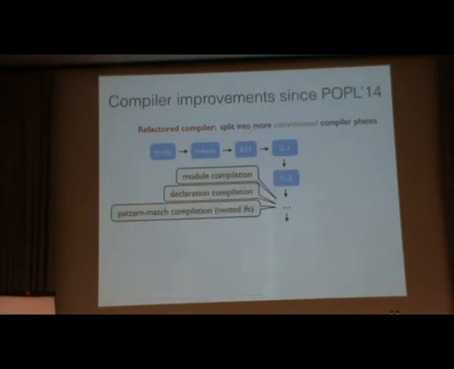So how far have we got? We're working on it, and we have module compilation, declaration compilation, pattern match compilation, and something to do before pattern match compilation with pattern matching. And we have some ideas of how to do special treatment for known calls. Currently, there is no special treatment for known calls, which is very inefficient. If you call a function f on argument 1 and then separately argument 2, then it will actually do 2 function applications, right? Well, if you know where f is, then you should just jump to it directly.